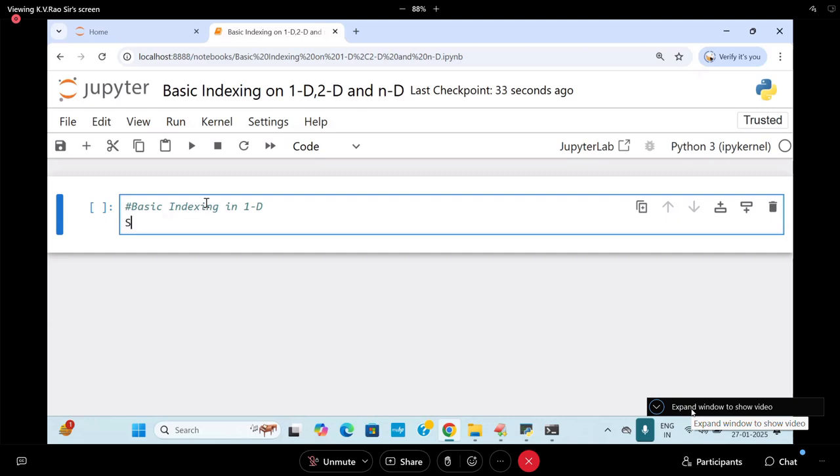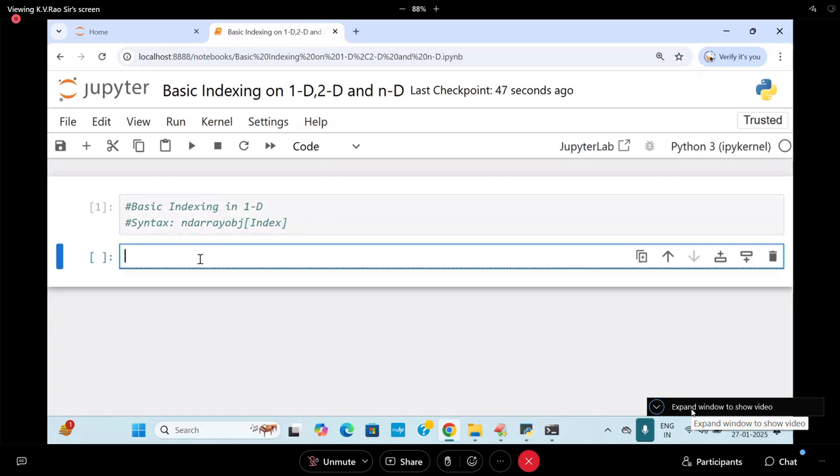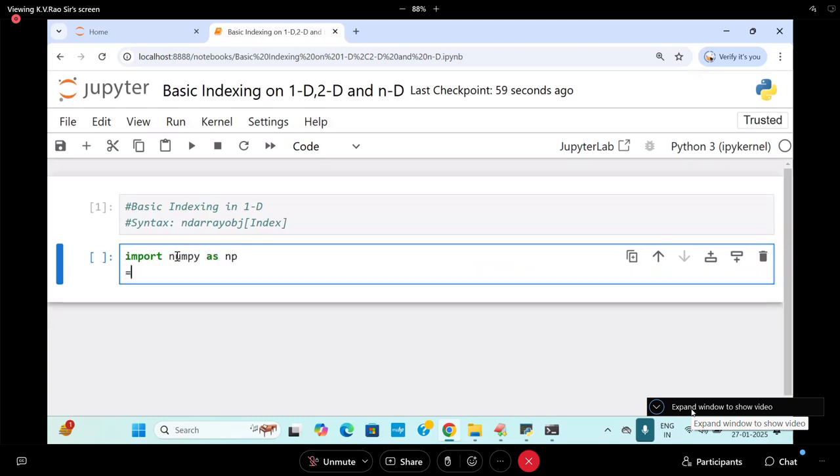What is the syntax? Come on, I already told you just now. First, what is this object? The ND array object of index I am passing. Let us concentrate. Create an ND array with elements 1 to 10. So A is equal to, first you try to go for it. Import numpy as np, and A is equal to,